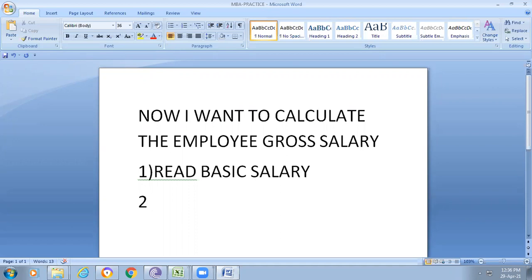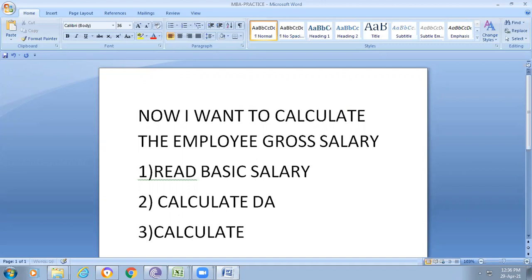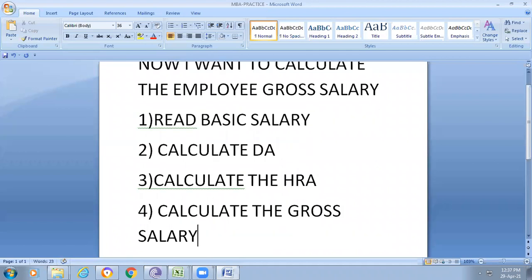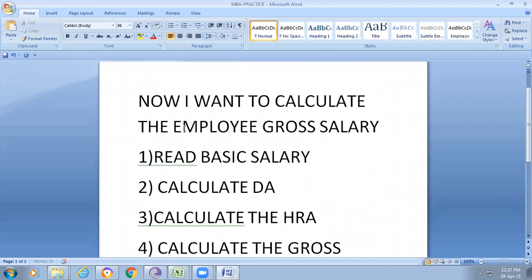Next we calculate the DA, and third we calculate the HRA. Then we calculate the gross salary. So this is our task today.